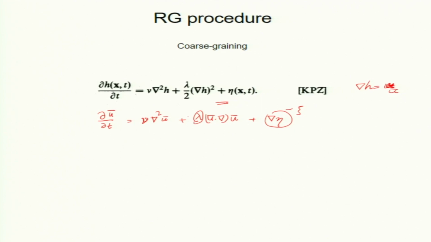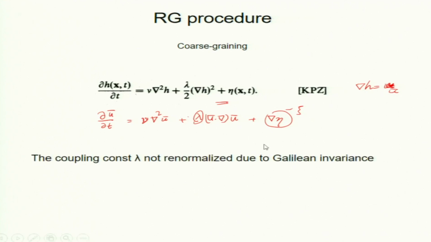Okay, everybody is with me. So, lambda fortunately is not renormalized or does not change with RG. So, the constant lambda is not renormalized due to Galilean invariance, but we need to renormalize nu and d, these two coefficients. Okay. Now, let me just quickly do it. I am not sure whether all of it will be clear, but let us do these steps.